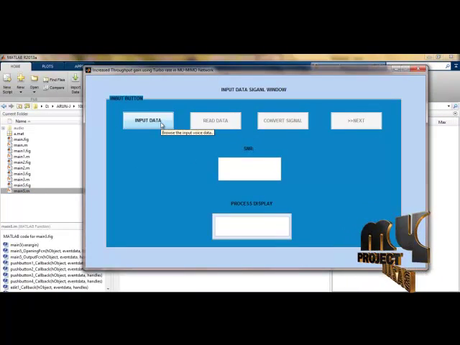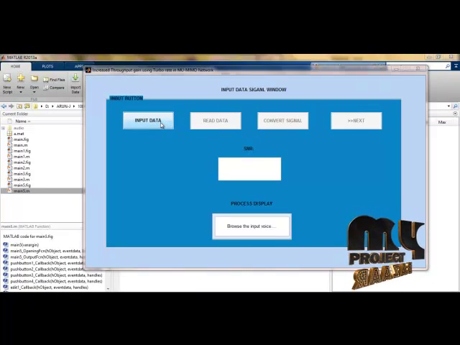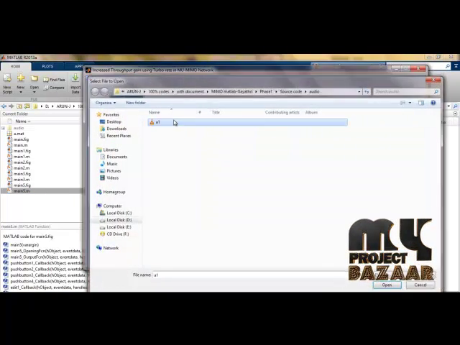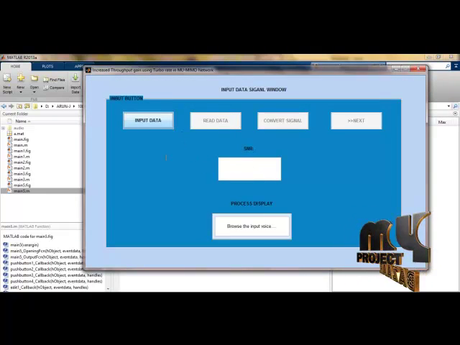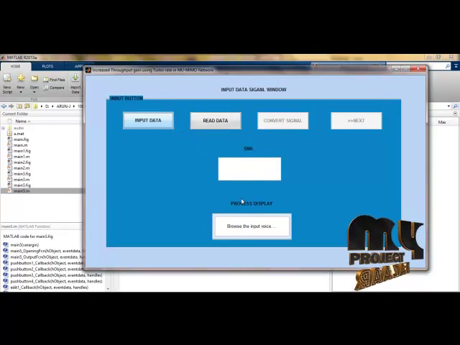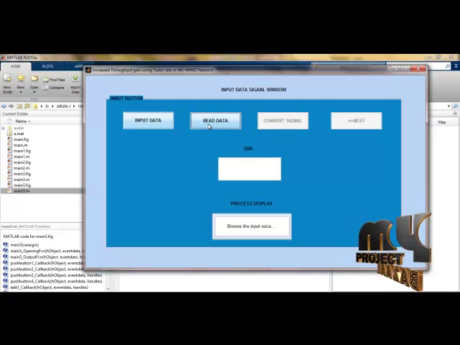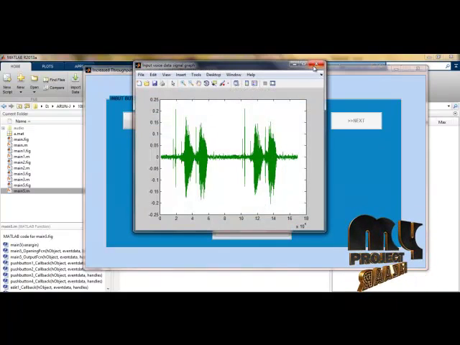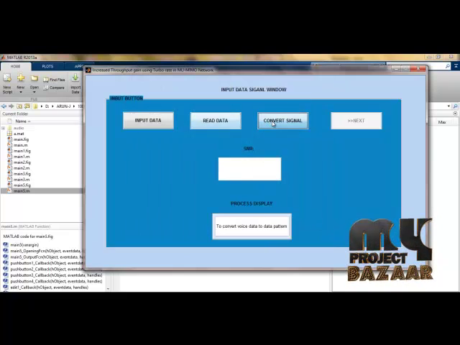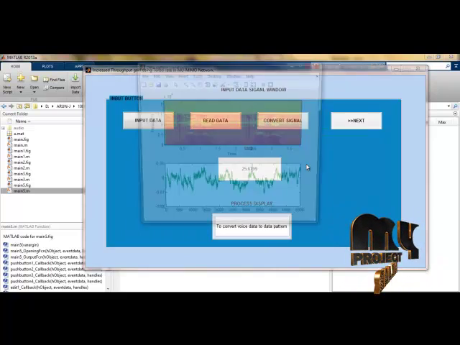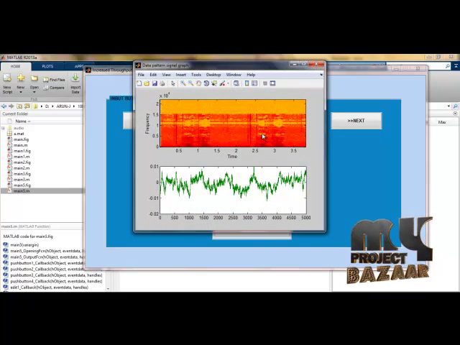Here initially I am going to give an input, a voice input. So I have selected the input. The selected input is processing. After completion the next button will open. Here I am reading that input. This is the given input, and then I am converting that into a signal. The converted signal with spectrum and frequency is here.